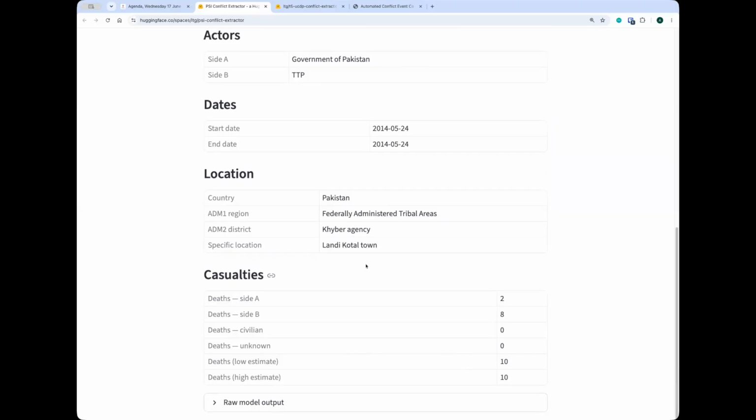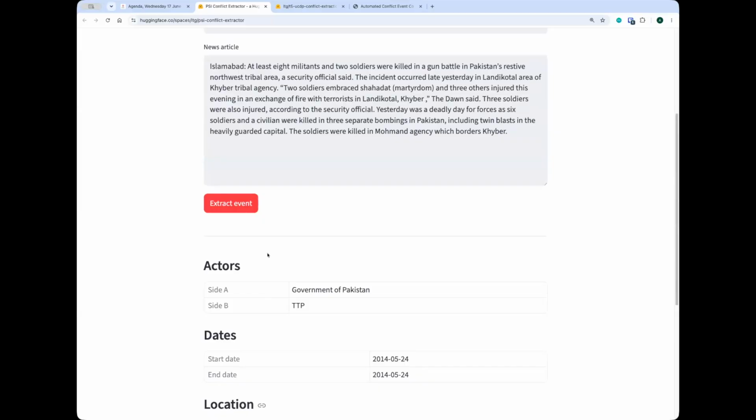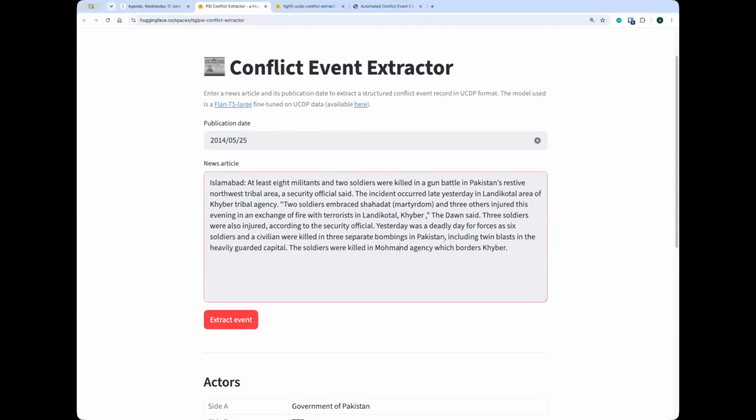And also the geographical position, it has assigned correctly the country and the different administrative regions up to the finest granular distinction here. And so what we can also see in this case is that although it extracted the correct event from the text, it ignored everything else that has been given. So for example, there is a description of another event in the text, which was not taken into account. And this is to be expected because so far we're training the model on single events. And so it is expected to just extract a single event from the text.